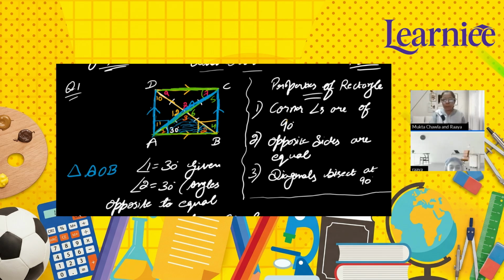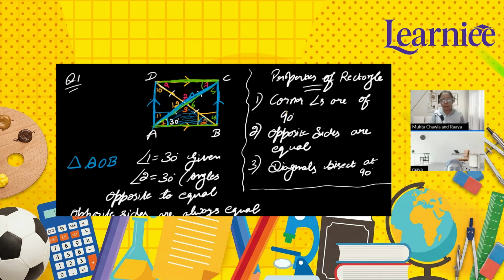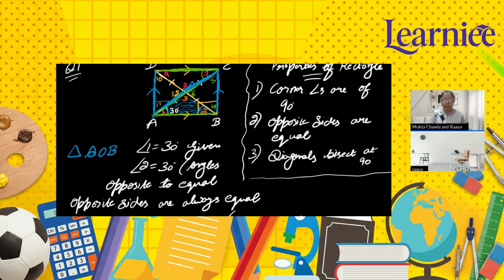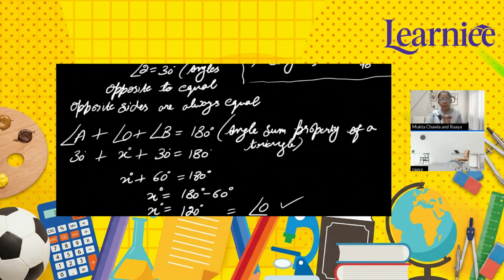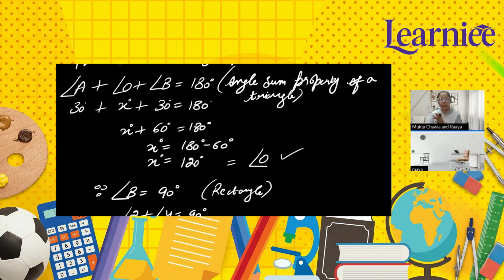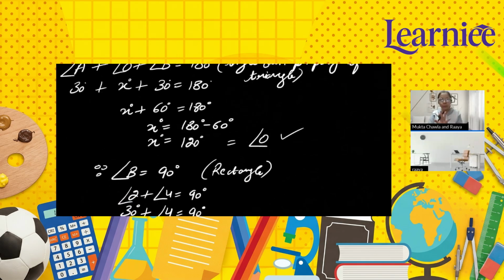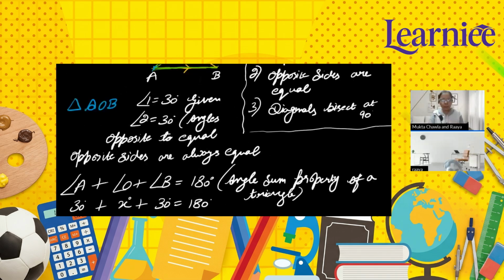So do you want me to write the further steps? I've got the idea of all the angles, right? Most of the answers you have already given me yourself. So do you want me to write, or will you be able to write? Ma'am, I'll be able to write. Okay. If you still have any doubt, you can ask me, right? And for every angle you simply have to write the property you have followed.